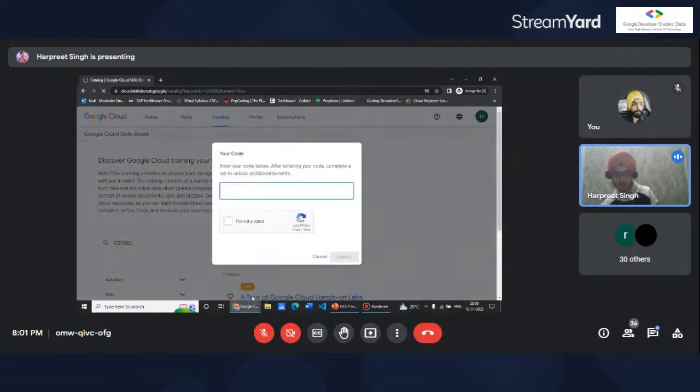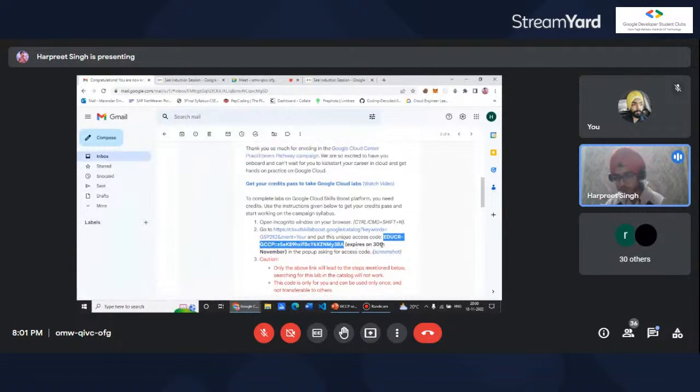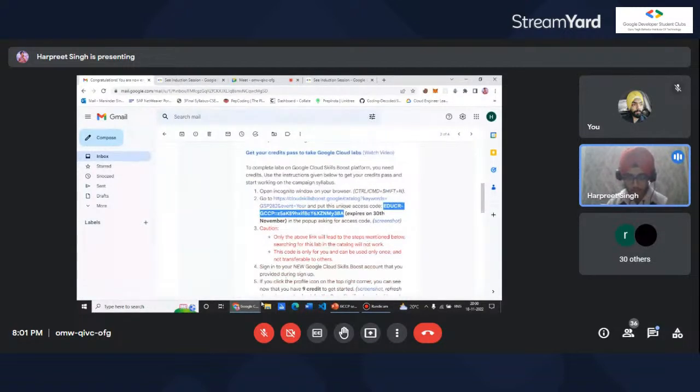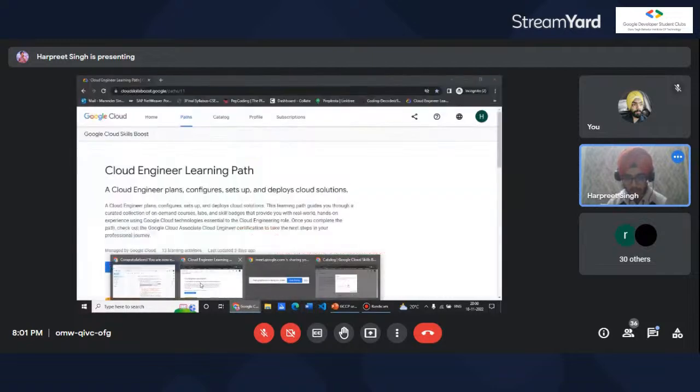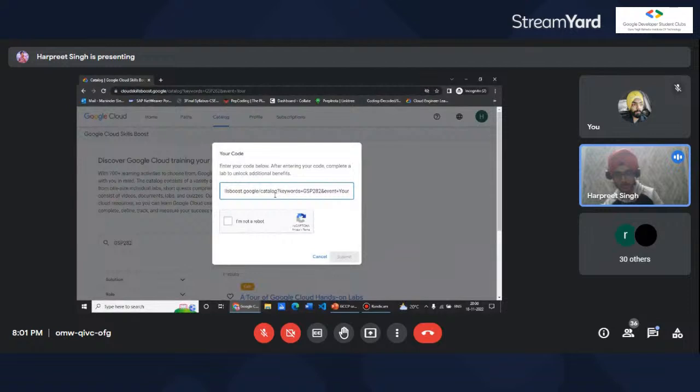In this URL, you have to enter the unique code which has been assigned to you. It will be unique for everyone, and you have to use it before 30th November, otherwise it will expire. Here you have to enter it. I will not enter it now because I have already done the steps.